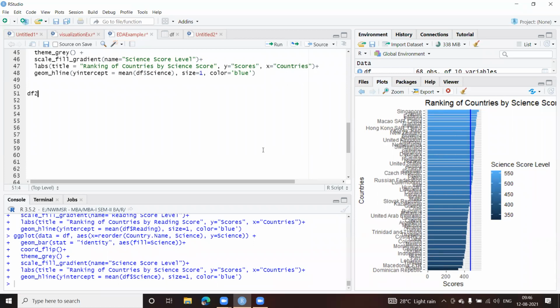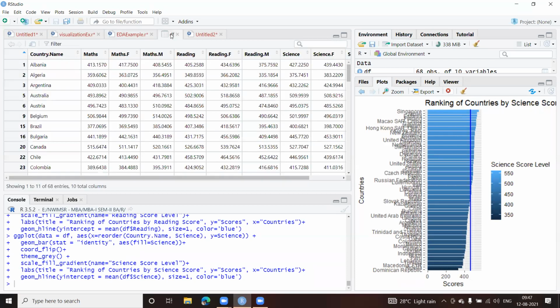So I'll write df2 equal to df in the square brackets. I want all the rows, so I'm not going to mention anything in the first parameter. Then I'll give c here, this function. Let us look at the data set first, guys. We have 1, 2, this 3 and 4.